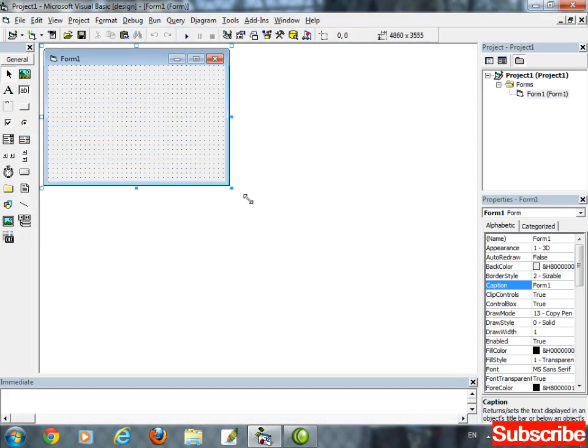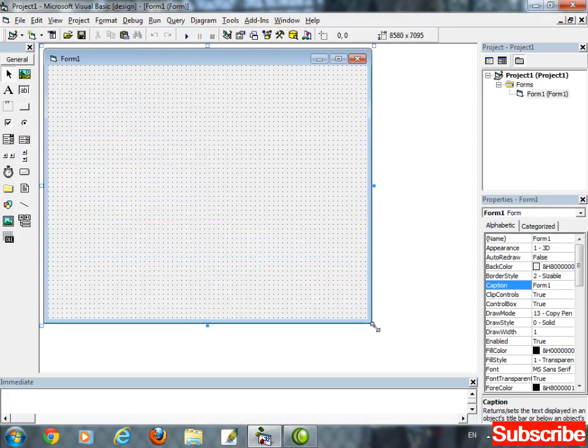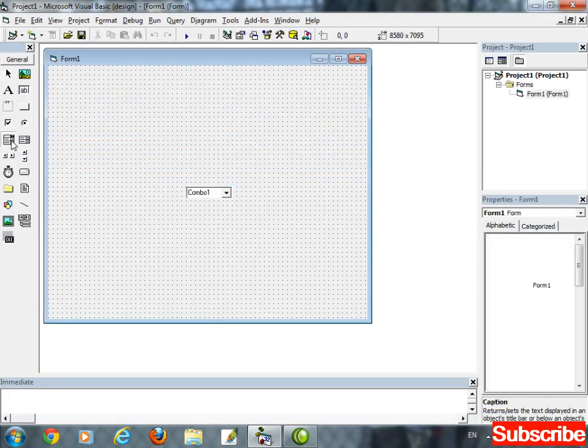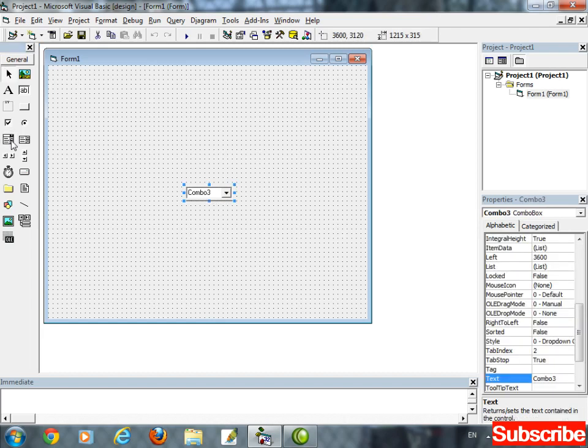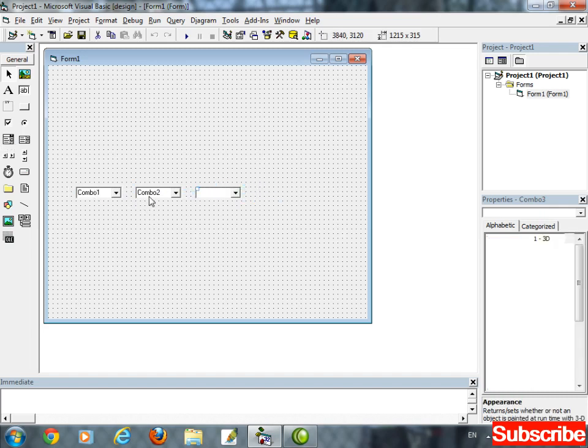Yes. Now just create the design inside Visual Basic. Insert 3 combo boxes. Using control click, select all of the combo boxes and move.